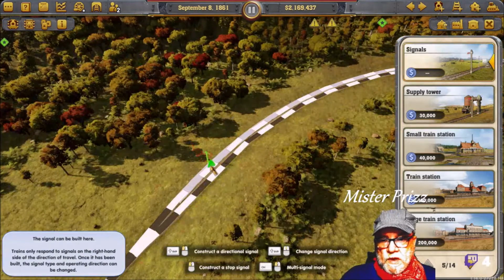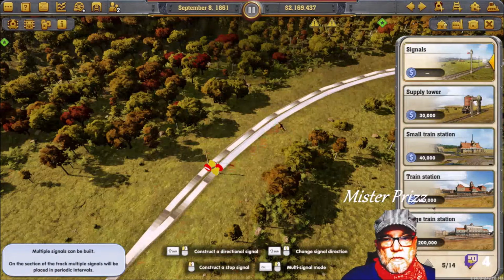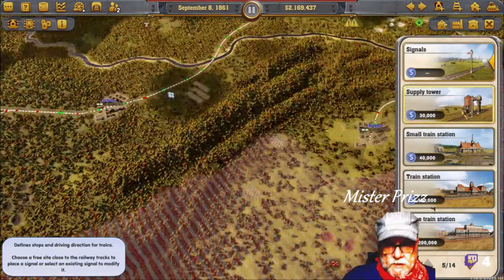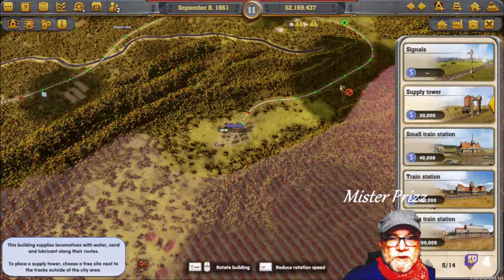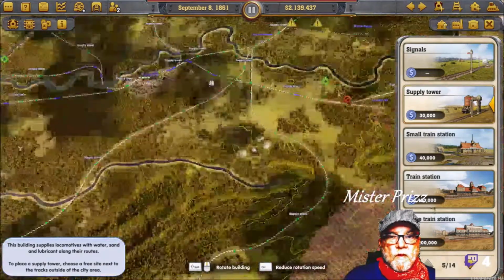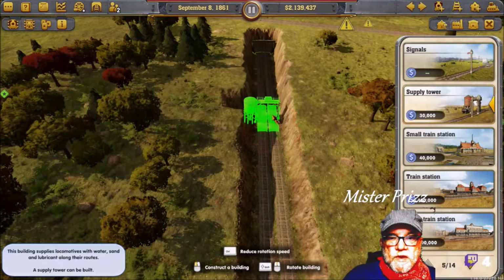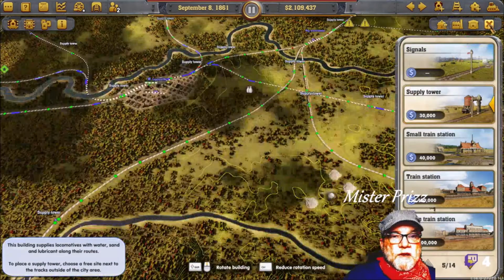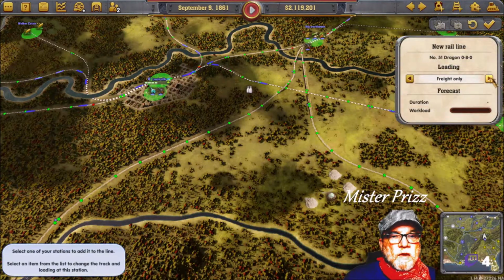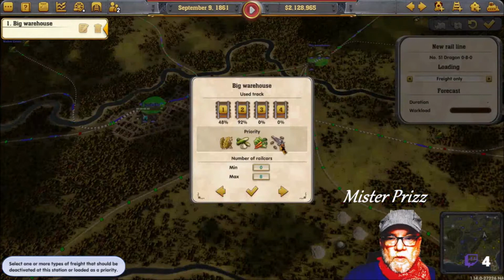Let's go ahead and one-way these. Let's see. Probably 2 supply towers. Squeeze one in there. Okay. Now we can continue that train. Set up the rail line. Freight only, big warehouse, weapons only,